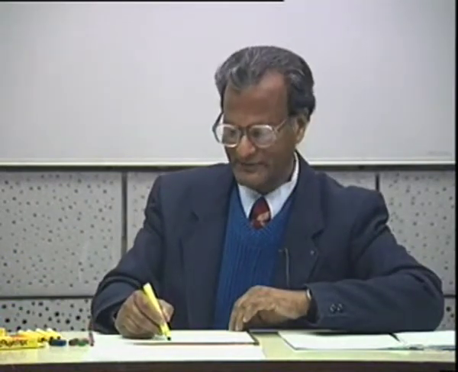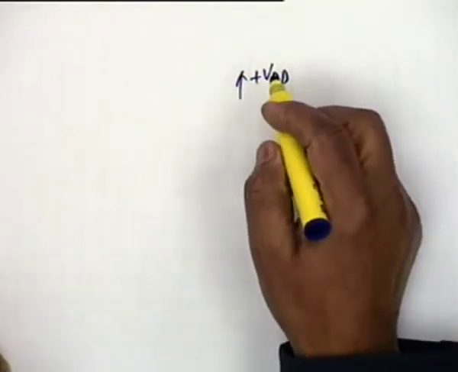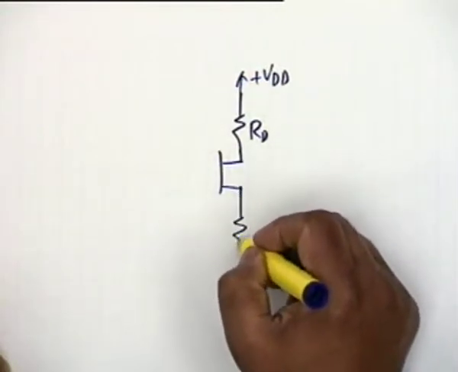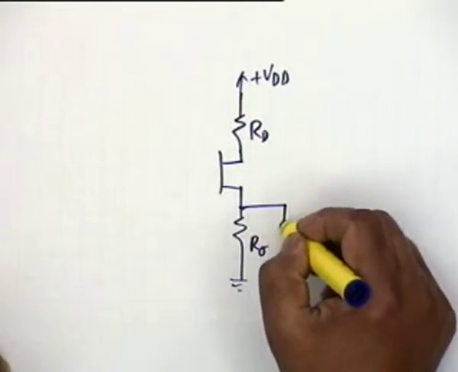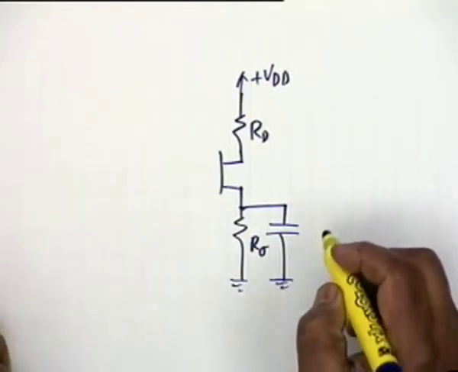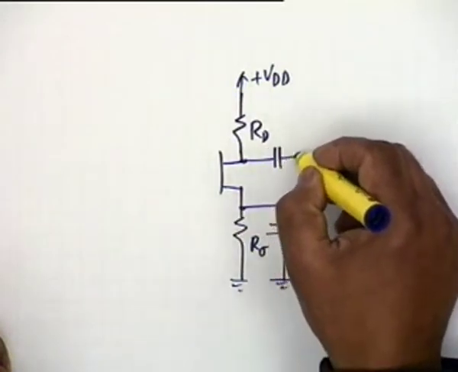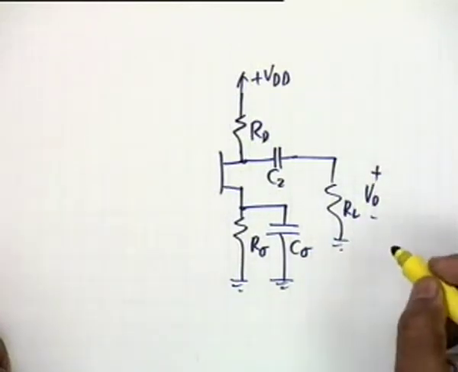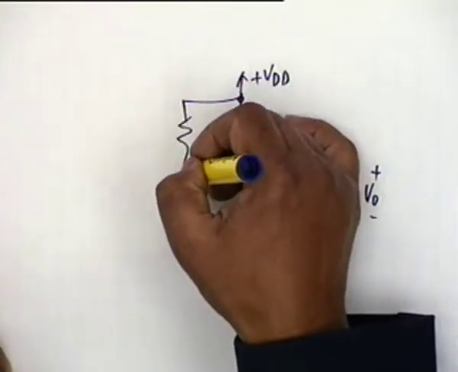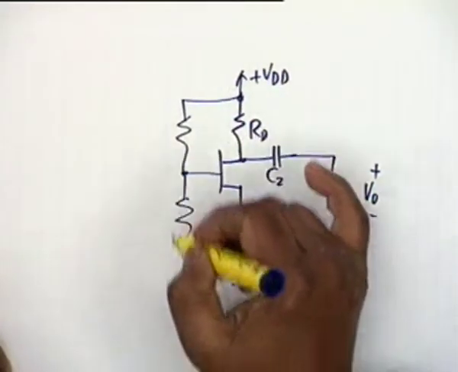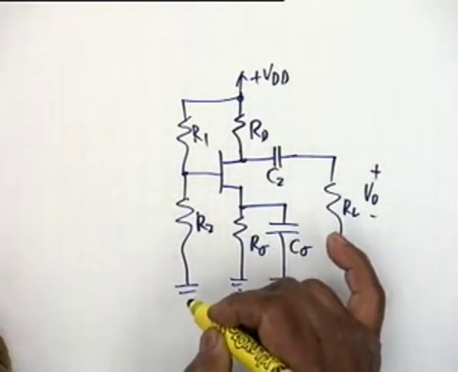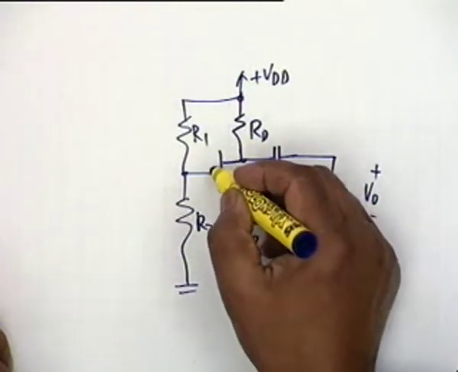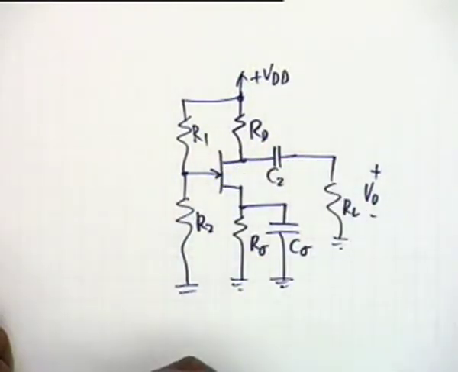The circuit, let's draw it. There is no harm in repetition. The circuit is VDD, R sub D. You have a drain, a source. The source is bypassed. A common source amplifier with a C sub S. There is a capacitor C2 which goes to RL. The voltage is V0 and the biasing is done by two resistors R1 and R2, the sole purpose being to establish a voltage at the gate. Okay, I have shown an N channel JFET.